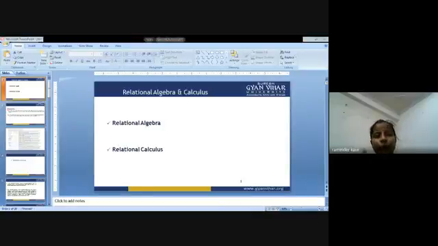By the end of this lecture, you will be able to handle your DBMS queries in an efficient manner, because you know the mathematical details behind them, you know the SQL queries behind them, how to handle the data efficiently and how to produce the desired output. So I am going to discuss